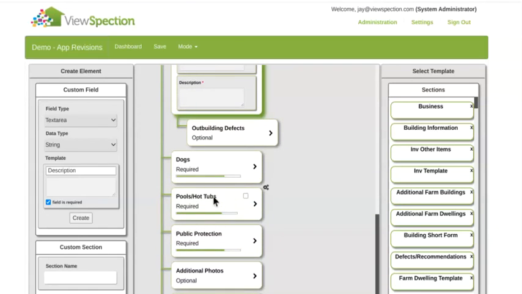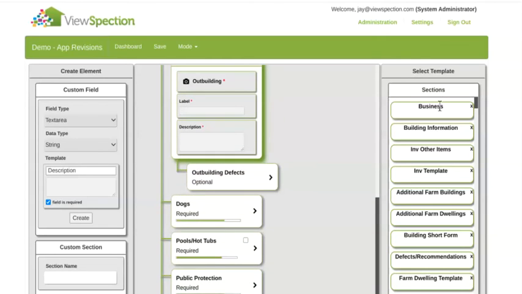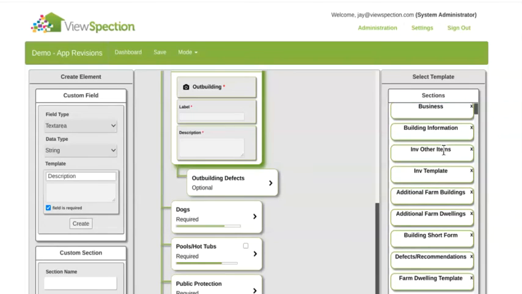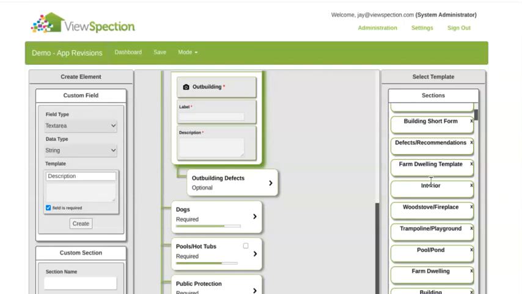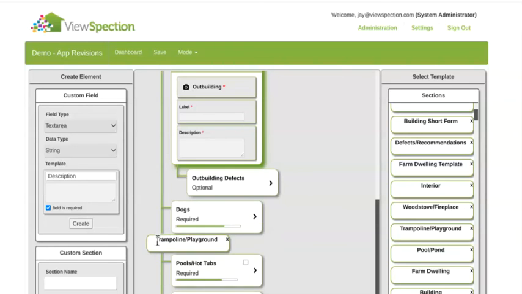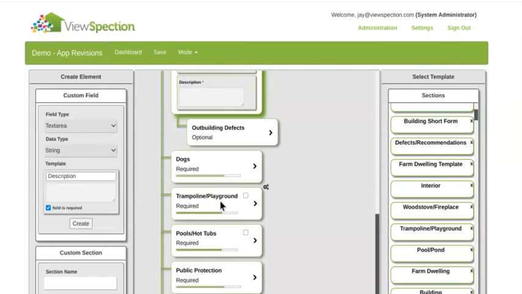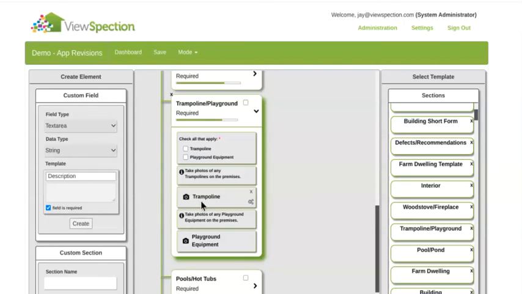We can just as easily add or delete to any of these sections, but we also have some templates, some sections that we've already saved, so we can add that to the report as well. So let's say they wanted additional trampoline and playground, and we've already built that out. So drag and drop that into the app template and it already has the options, photo buttons, and the bindings